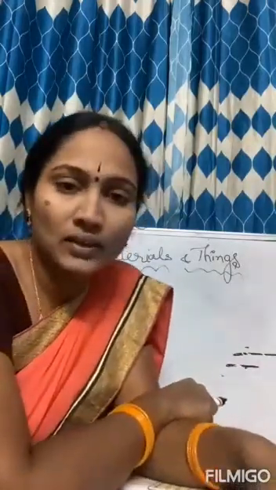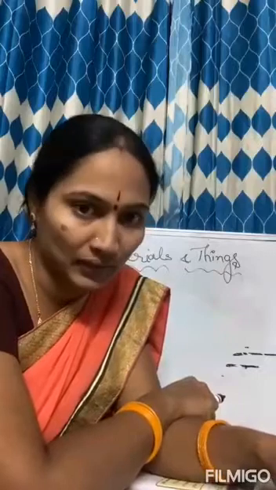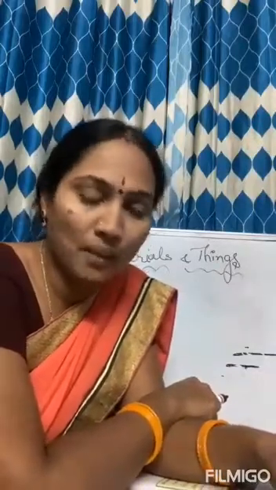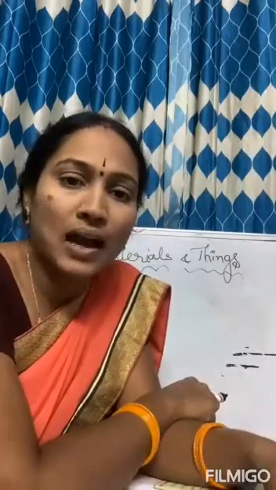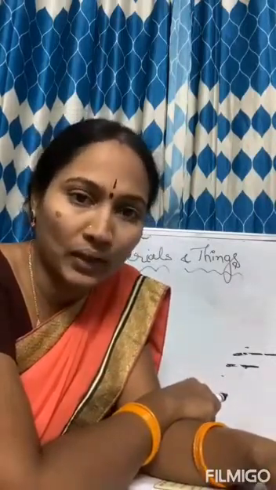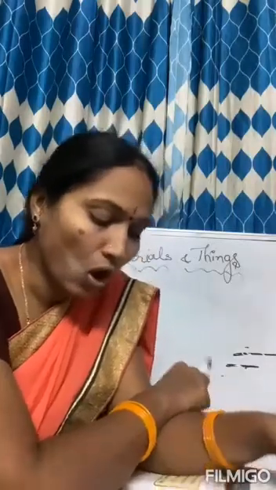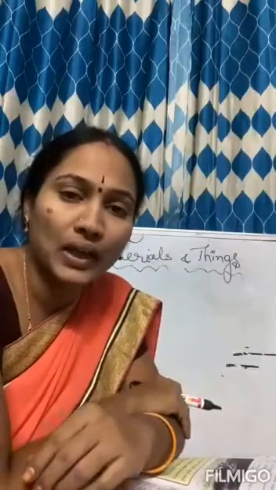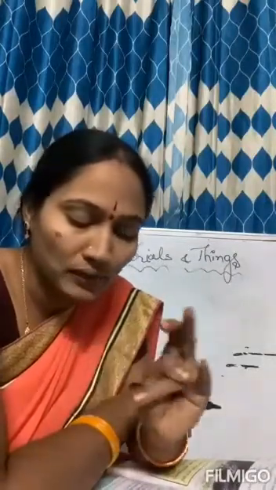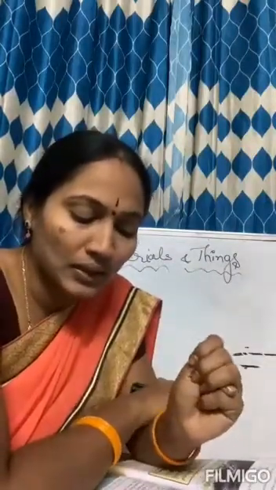Here you can see in table number 1 we have to write that. Looking at figure number 1, we have to write which objects have fallen on the floor and broken, and which are not broken. Objects that would have broken: here they have already given cup. So the cup had broken. In the same way,